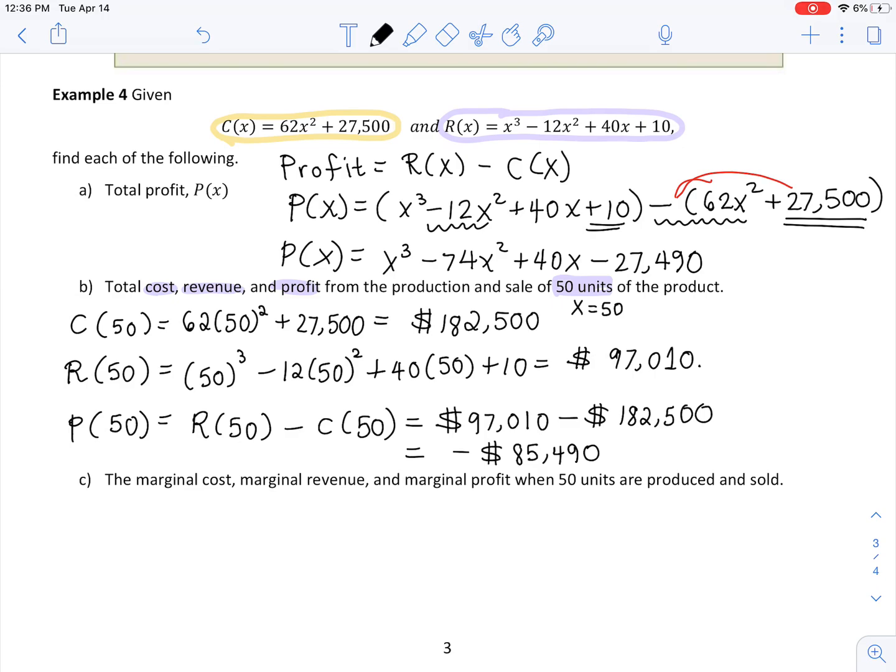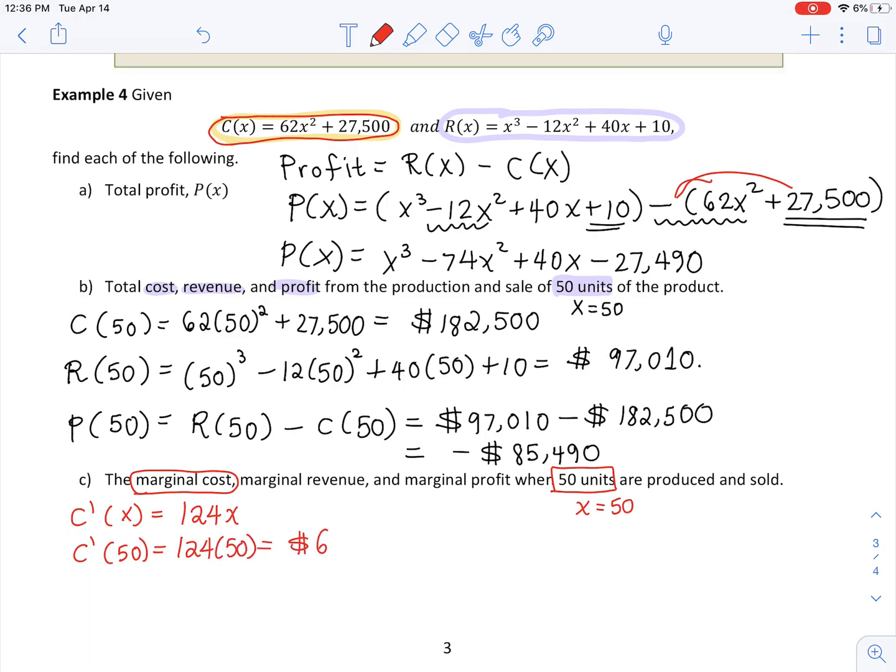So the next question to think about is, how about the marginal cost, marginal revenue, and marginal profit when 50 units are sold? These are the derivatives. Let's do the marginal cost first. You have to take the derivative of C of x. C of x is 62x squared plus 27,500. If you take the derivative of that, you will get 124x. Now plug in x equals 50. The marginal cost at x equals 50 is 124 times 50, which is exactly 6,200. So once 50 units have been made, the approximate cost of the 51st unit, the marginal cost, is going to be